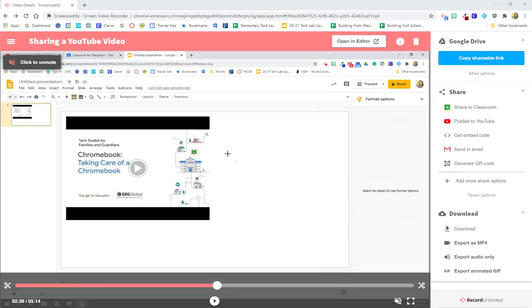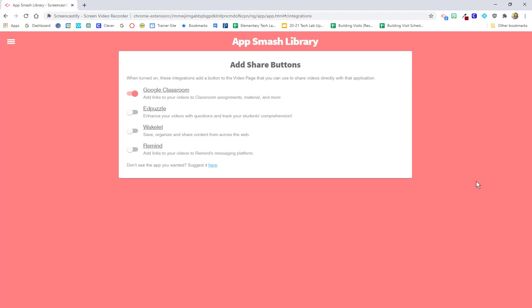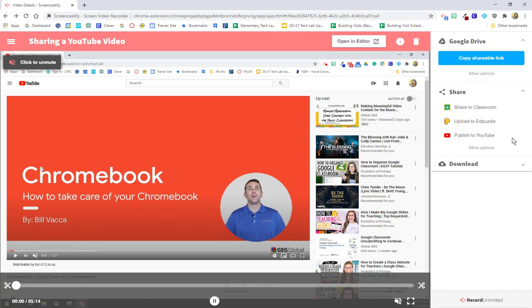The last thing I'd like to show you for sharing, you might see this add more share options. Another way that we can use Screencastify videos is part of Edpuzzle, and Edpuzzle will allow you to add questions and track your students' comprehension within the video. So I can turn on this integration, and then when I go back to my recording, I now have the